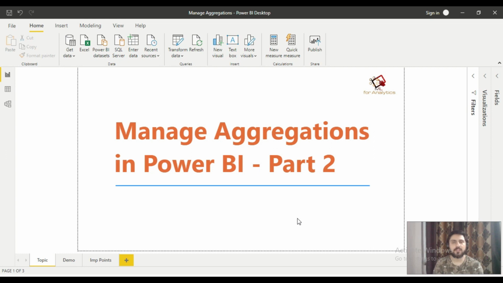So before I jump into showing you the demo, let me define a scenario for where we will use the two aggregation tables. Think of a scenario where in your company you want to show one kind of report for the top level management. For them you will keep very high level aggregations and very few aggregations, because generally management is focused only on the high level data.